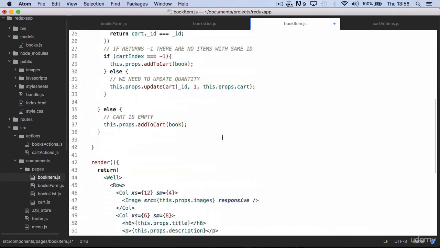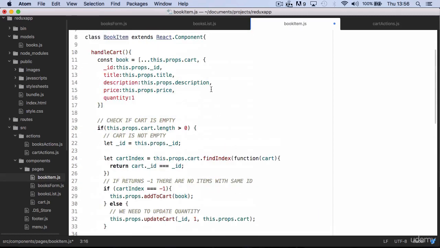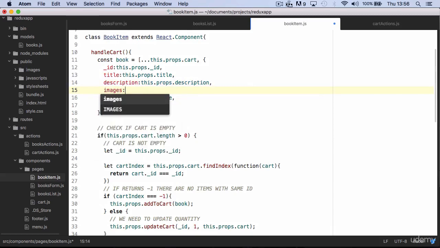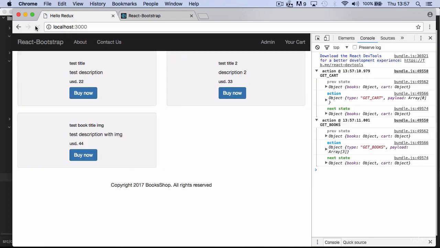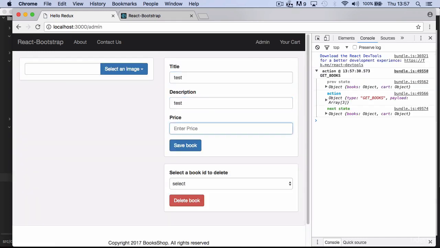And maybe you also want to include the image path in handle cart function, just in case you decide to display the product image in the cart. And now if you save and refresh, you can see that the layout has changed. Obviously, no images will be available for the books you already submitted. If you try to submit a new image,